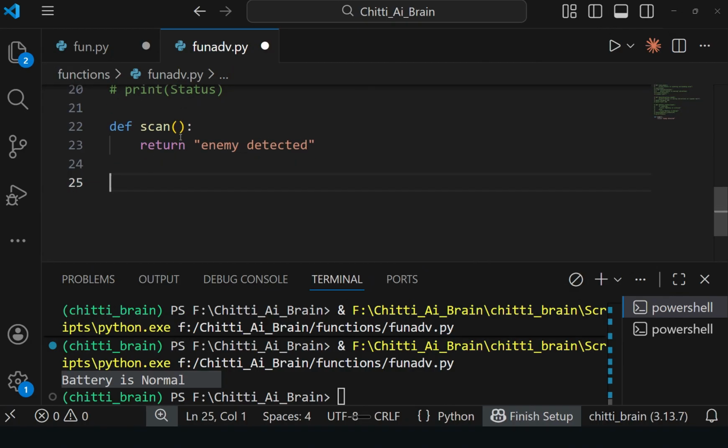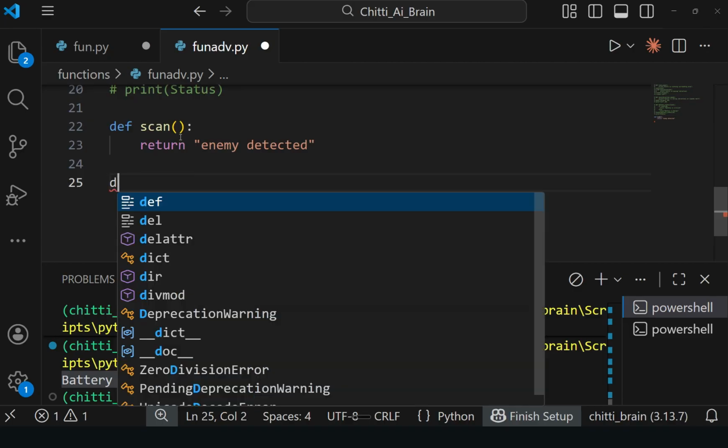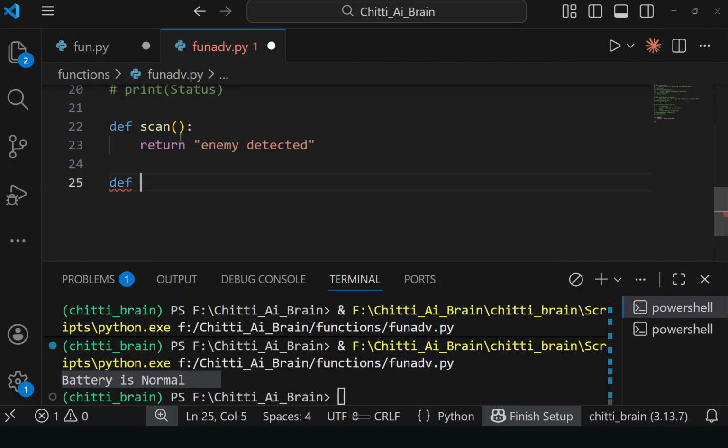Again, once an enemy is detected, what will we do? Again you have to define one more function. What should that function do? Decide, based on the scan result, whether an enemy is detected or not.